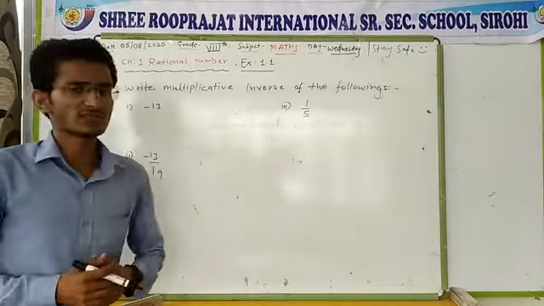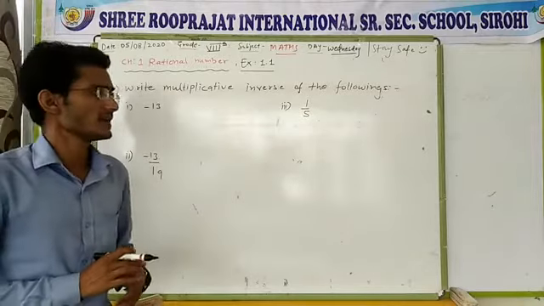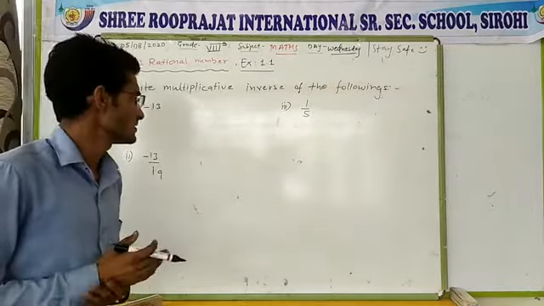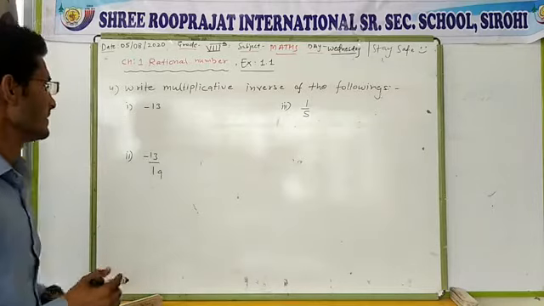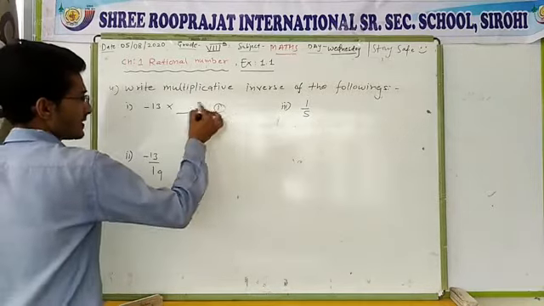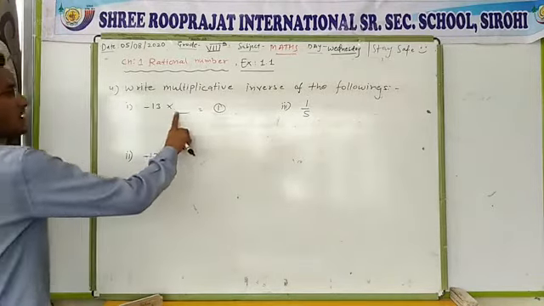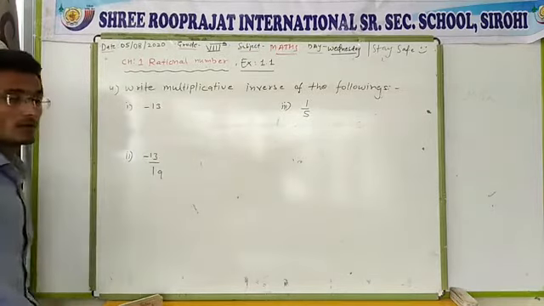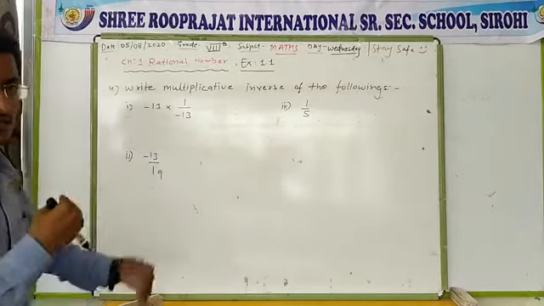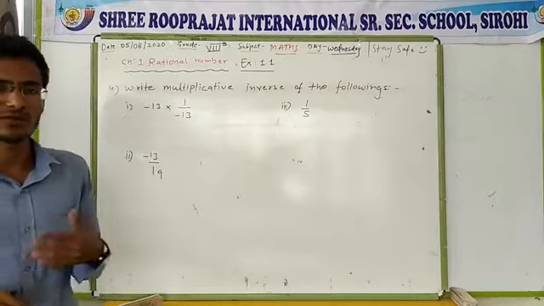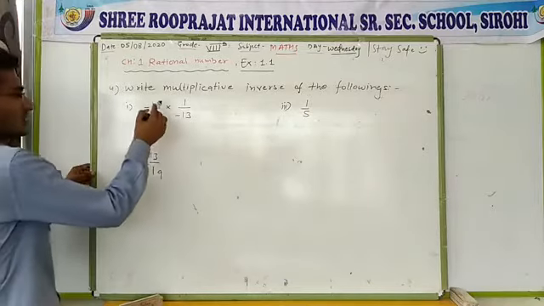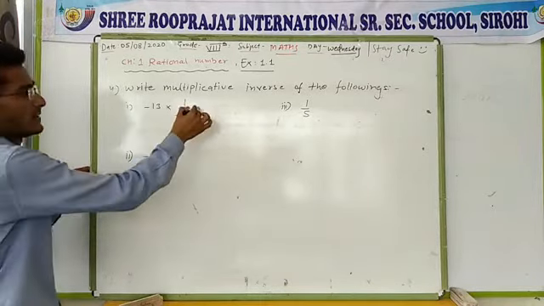Okay. So the next question is number 4. Write the multiplicative inverse of the following numbers. There are a few more questions given. You have to solve them; I am going to write only 3. First one is minus 13. You have to multiply minus 13 by a number to get the multiplicative identity, that means 1. So which number will you use in the blank? You have to multiply by 1 upon minus 13. You have to just interchange the numerator and denominator, or you can say P and Q with each other, because we are talking about rational numbers. Okay, so 13 and 13 cancel, minus and minus cancel, you will get a 1.